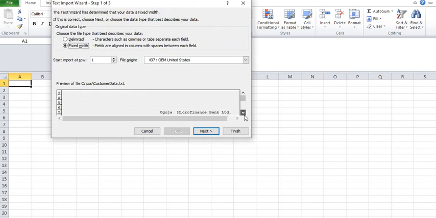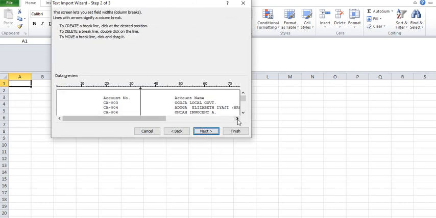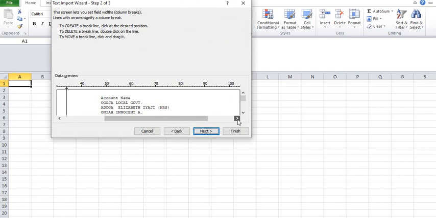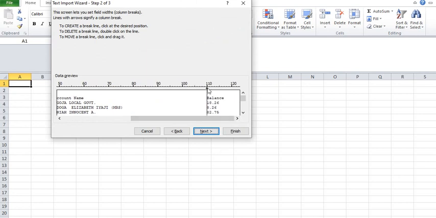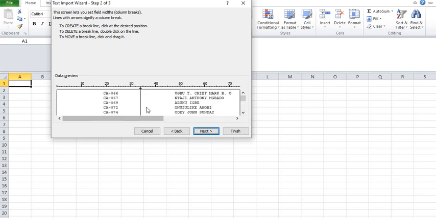So you follow the wizard dialog box, you check it properly, you click on next. You can adjust the column here. This line is adjustable. If the text is not aligned into column, you can align it here. You can align it by clicking on this